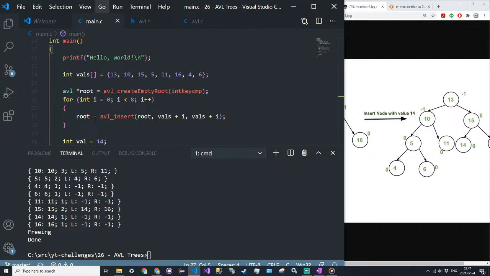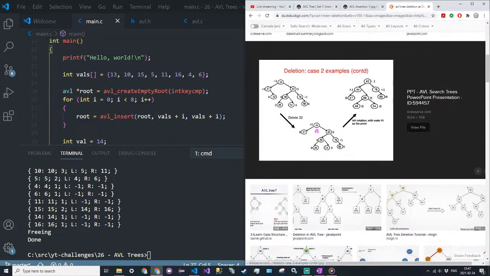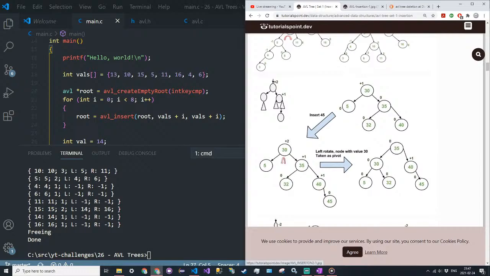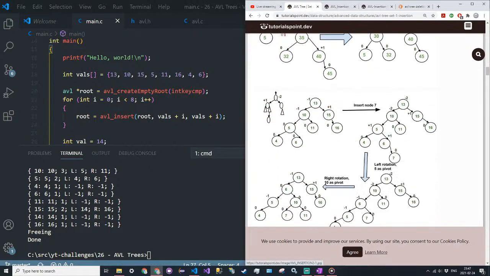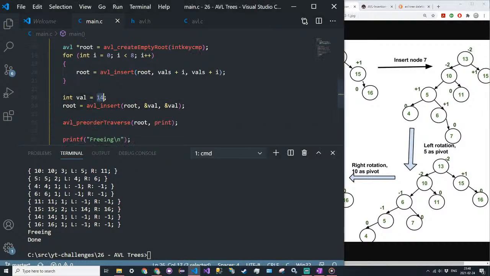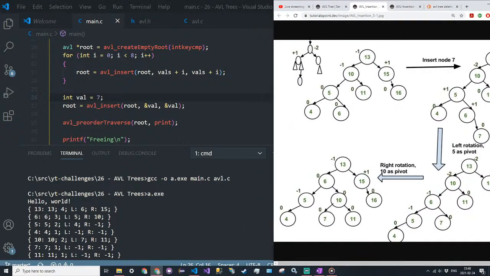And then I'll just do one example for the deletion. Or wait, I didn't even show you guys that I did the rotation properly. So let me do this here. So we'll start with the same tree. So 13, 10, 15, 5, 11, 16, 4, 6, and then we insert a 7 now. And we get that 13 is a parent of